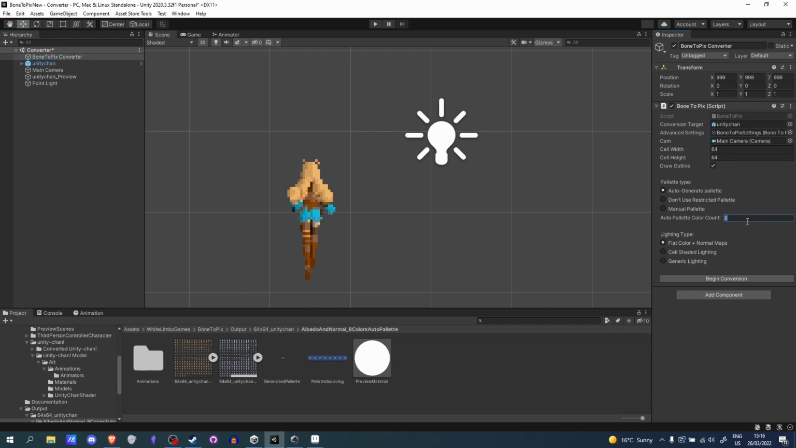And you can choose the total number of colors that you would like to have in the generated palette. Another option is to not use a restricted palette at all. And the final option is to just provide your own palette. One way that you can easily build a palette is to just use the auto-generate option first, convert your sprite,